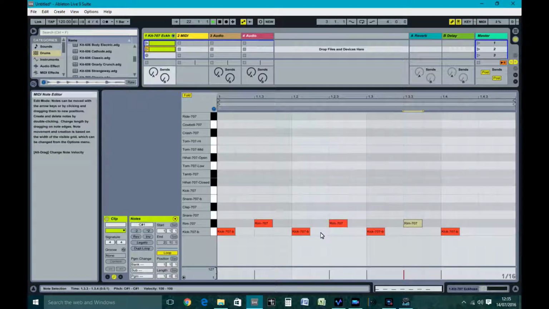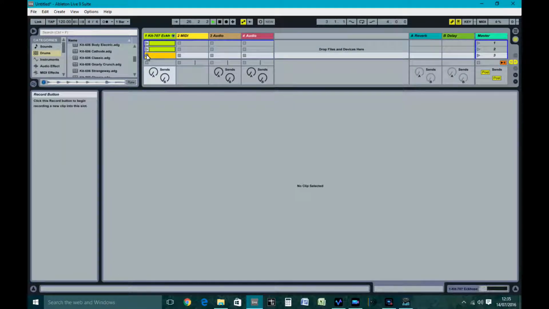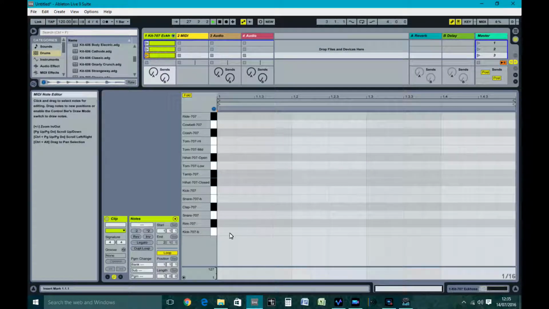There you go. And then you can go to a third one. We can copy these into a third one, and your third one may well be,